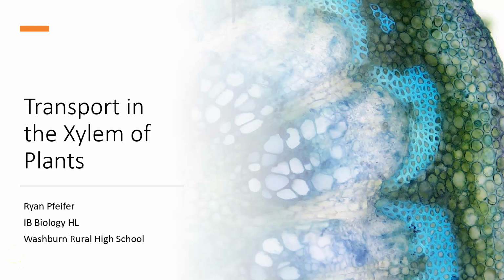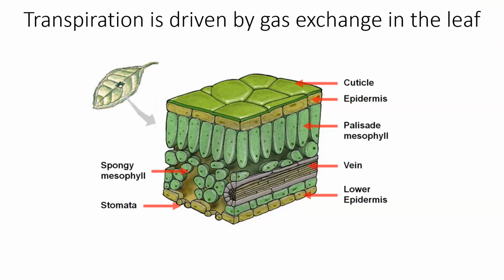Hey, Mr. P here. In this video, we're going to talk about transport in the xylem of plants. So the xylem are the vessels or part of the vascular tissue that water is going to flow through. And we've learned a little bit about vascular and non-vascular plants, but now we're going to talk about how vascular plants specifically transport water through a kind of continuous stream of water from roots to shoots in a process called